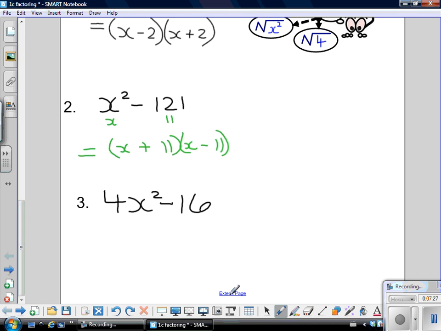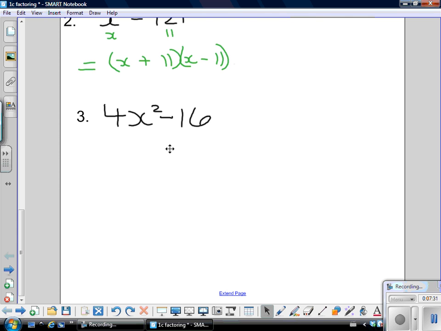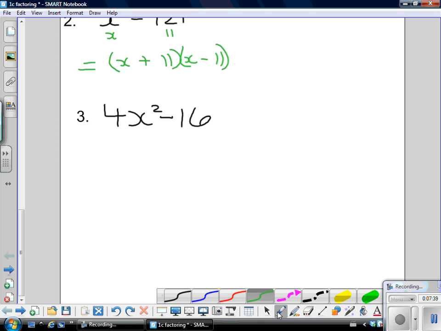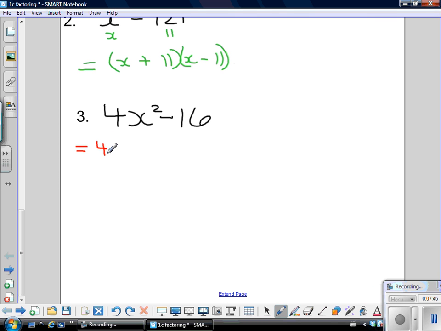Okay, the final question on this page. Let's take a look at it. 4x squared minus 16. That's a perfect square, and so is that. But did I check for a common factor? No, I didn't. And there is a common factor between these, and that is 4. So that's the very first step I have to do. When I factor out a 4, I'm left with x squared minus 4. Then I look to see, can I factor it further? Well, yes, I can,